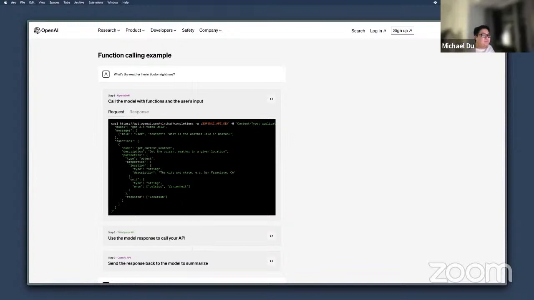Well, it depends on the application you're building. You probably can't use this for a general purpose chatbot in the way they build it now.